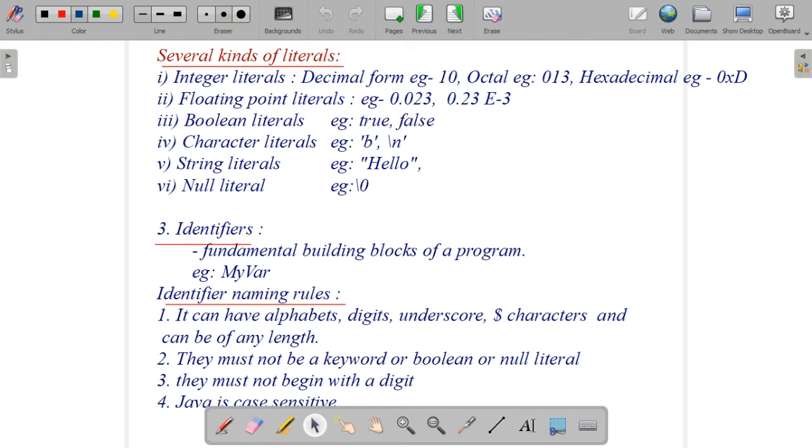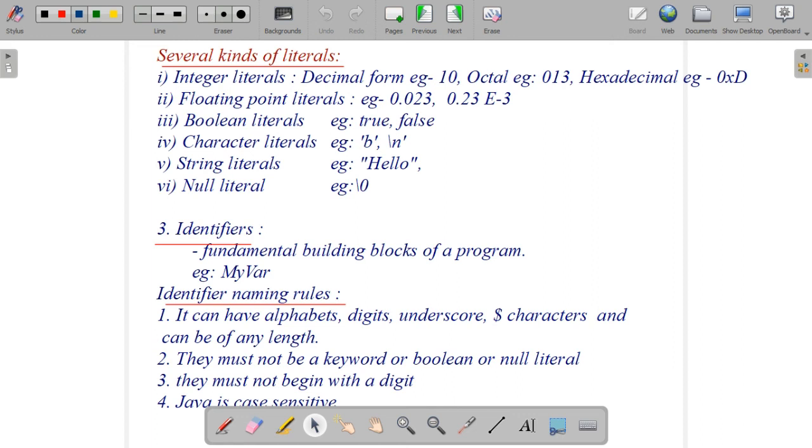We need to know some rules to form an identifier, isn't it? Yes. What are the rules? Just look at these rules. Identifiers can have alphabets, digits, underscore and dollar sign. We can use a dollar sign or underscore, alphabets and digits for identifiers. That means we can use some digits also. When you're writing a class name for addition, you can write sum0to1. Like these numbers we can give.